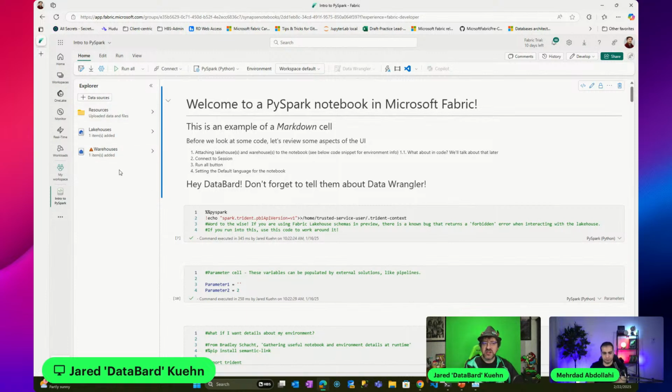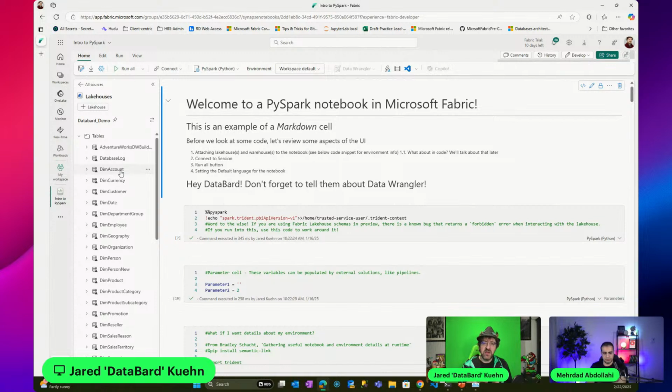All right, so that means we're talking about this section over here on the left. This is your Explorer. Very common if you work with SSMS or other tool solutions. The left is where you get your environment information. Fabric notebooks will give you the same thing. And here you get two options, lakehouses and warehouses. What this does is change the metadata of this notebook itself and creates a connection where this notebook now knows where the lakehouse exists.